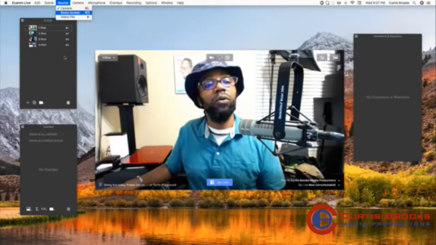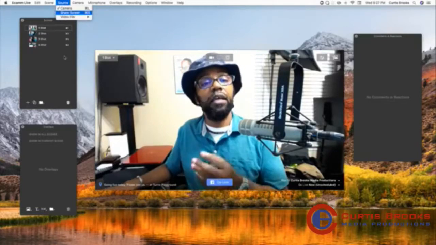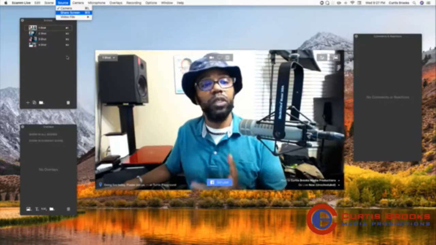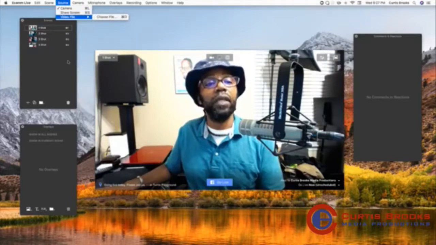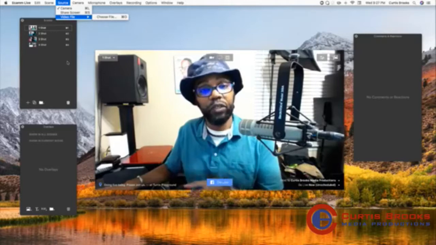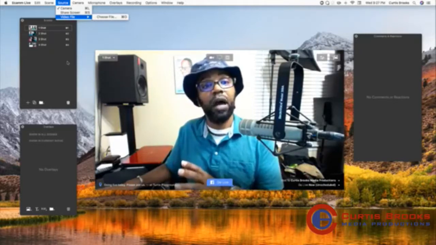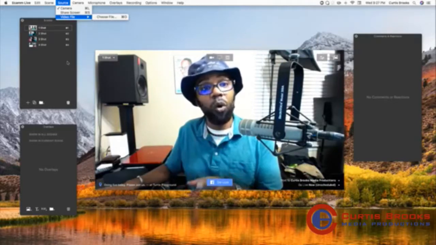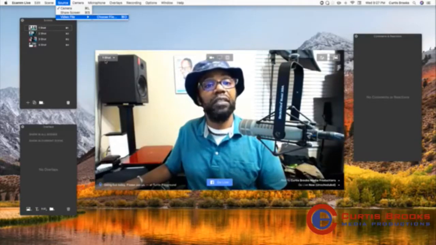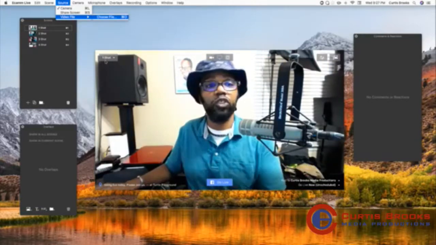And if I want to go from the image to a screen share, it would be Command S for screen share. And then it would be a video file. For instance, if I had a video that I wanted to play in my live stream, I would press Command O. It might pick it up on another screen, so that's why I don't want to do that, then you won't be able to see it.